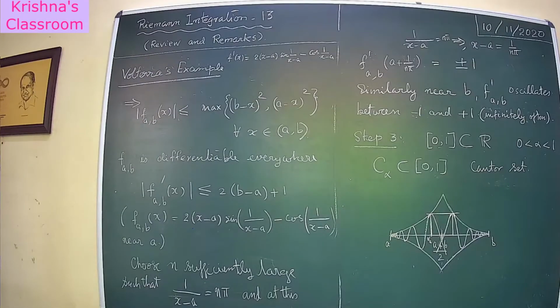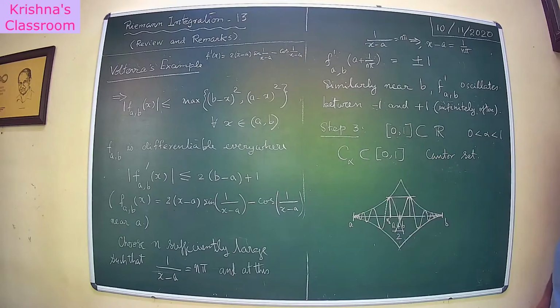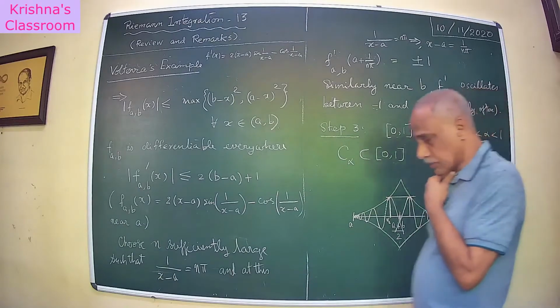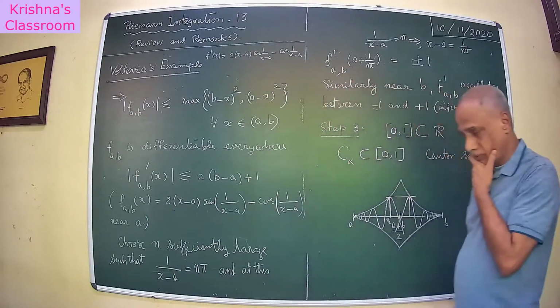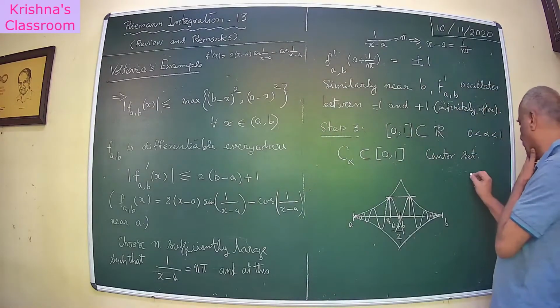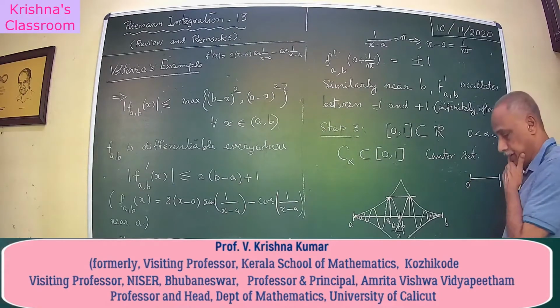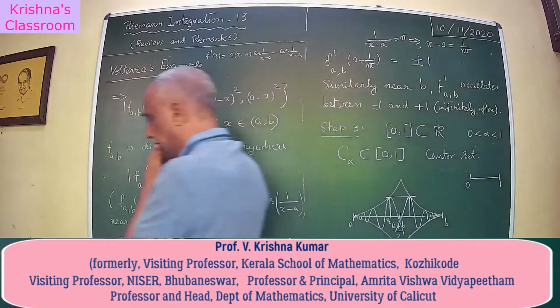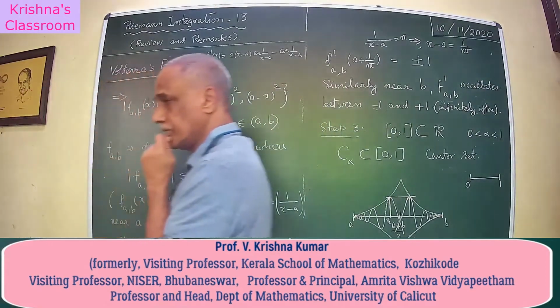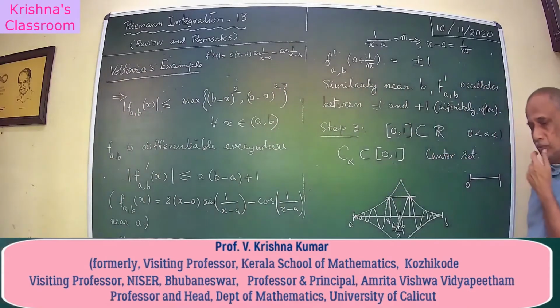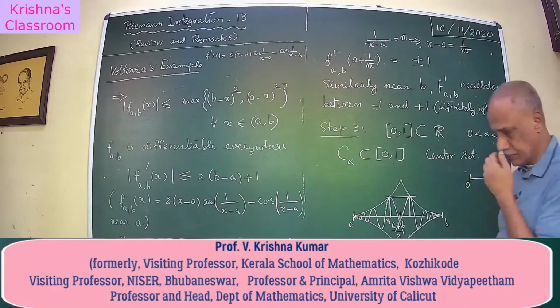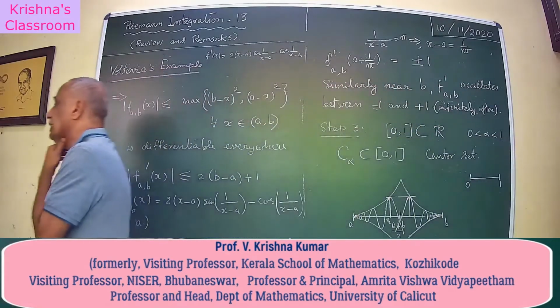We continue our explorations from where we left last time. We were concerned about the construction of the Volterra's function. It's a beautiful example. In fact, the objective is the following. On the interval 0, 1, we construct a function, a continuous function, rather a uniformly continuous function because it's a compact interval, with the property that